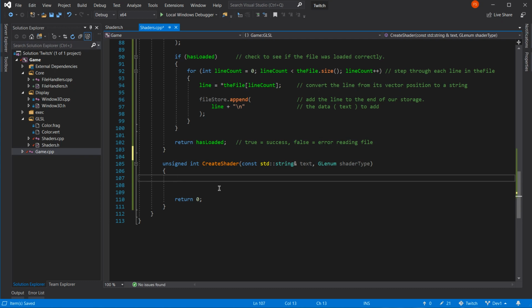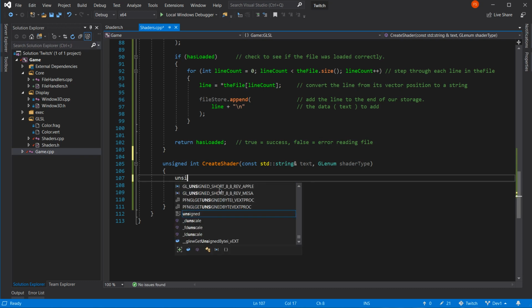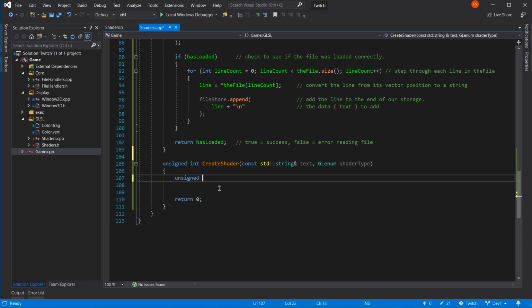Let's try this one then. This is going to be fun. How's it done? Okay. OpenGL. Always start at the beginning. So, unsigned int.